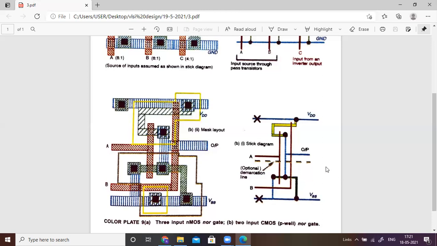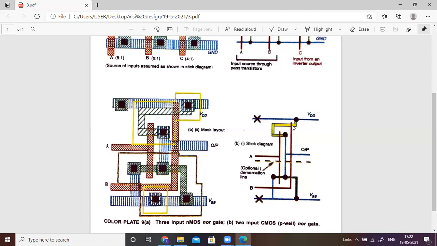Depending upon this stick diagram, you can draw the layout. First, draw a metal line, metal one line layer, which has a minimum 3 lambda width. You can extend like this. By using a blue color line, draw a rectangular bar like this, and then the hatchings will be like this here. The hatchings will be made afterwards, and then another horizontal line using the same metal one layer you can draw here, and there must be sufficient space between these two horizontal lines. So this is the case.